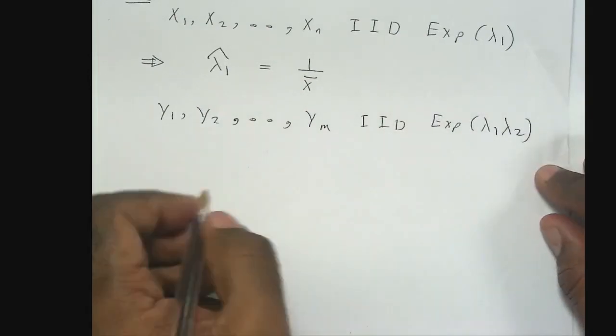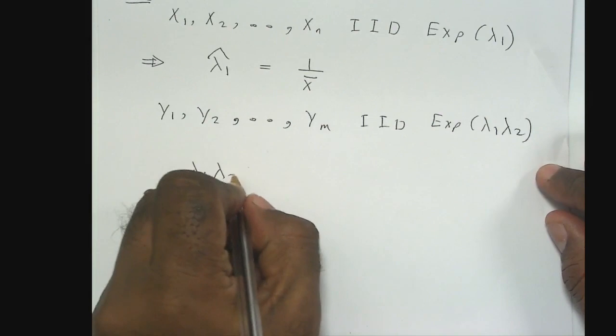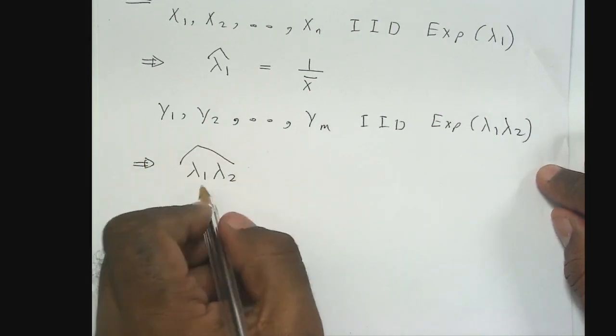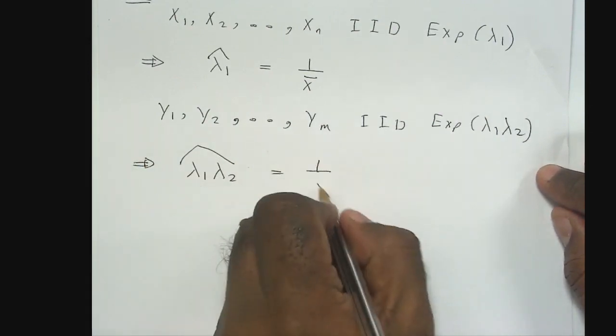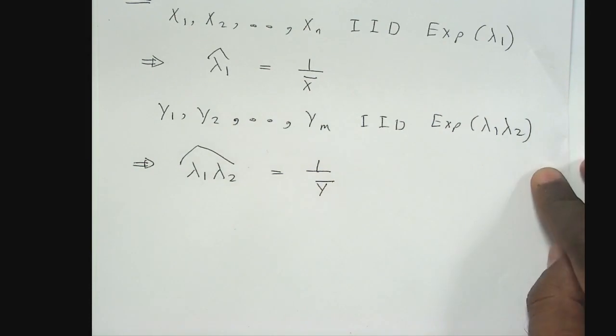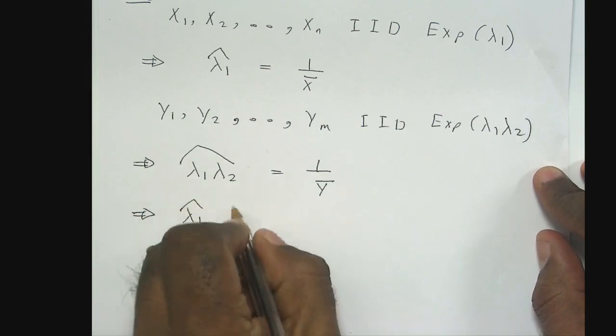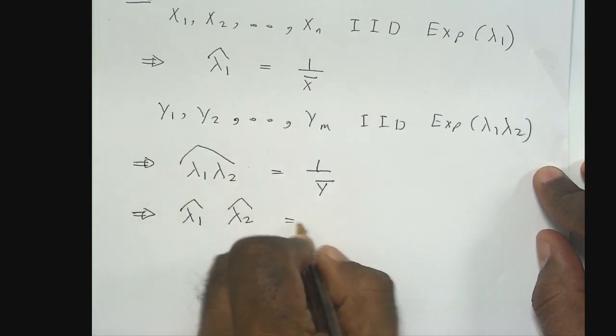So by the same argument, the MLE for the product is equal to 1 divided by y bar. In other words, the MLE for lambda 1 multiplied by the MLE for lambda 2 is equal to